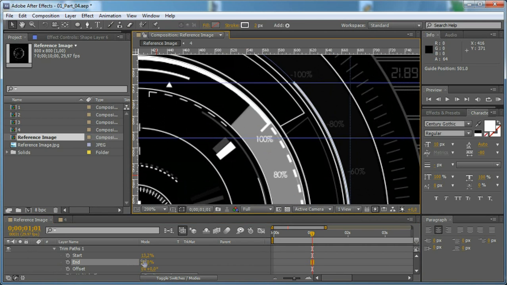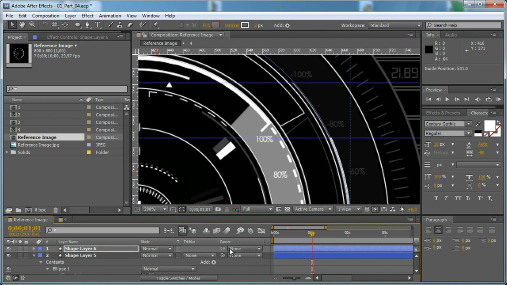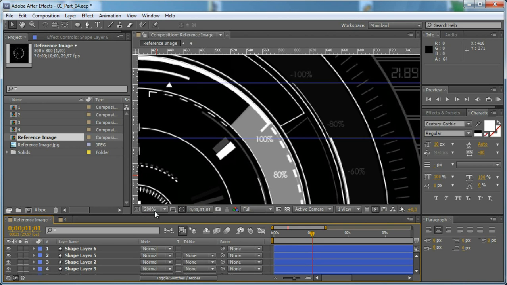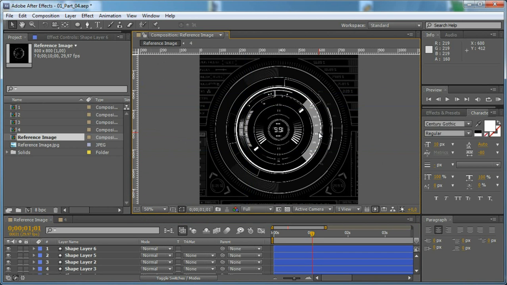Come to the top part and that's it for this layer. Now let's turn off the guides